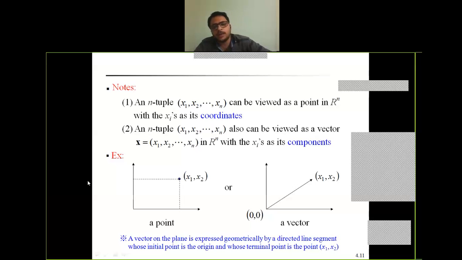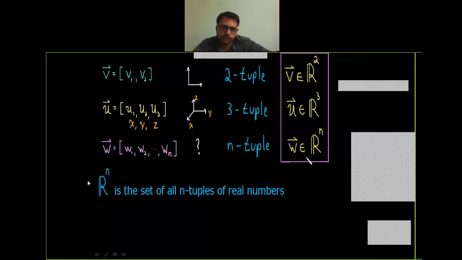See, in the previous slide, vector V was having V1 and V2, and as I said, V2 cannot come ahead of V1, because the basic concept tells you the tuple is an ordered list. If you say it is a two tuple, then it should be defined as v1 comma v2. Or if you define it as v2 comma v1, then it should remain like that only.